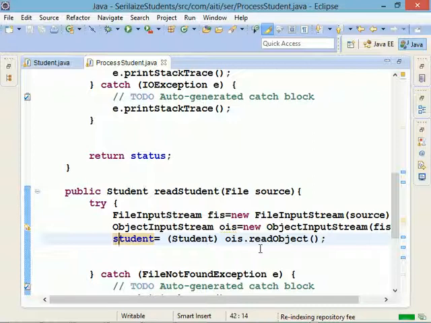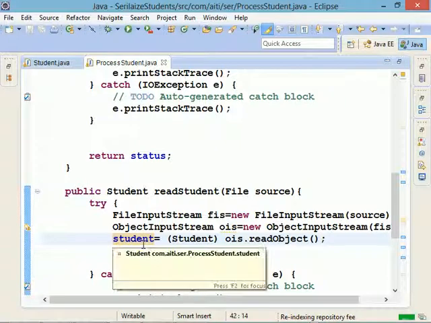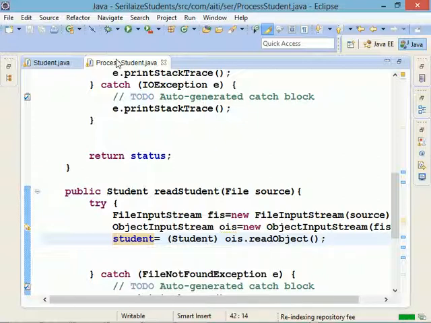If you're able to do the top one, it's the same thing, right? Read object, then you cast it. So this one will return your student from the file, just as we were writing to the file and reading from the file using the string. This time we are using what? Object. So let me just test it